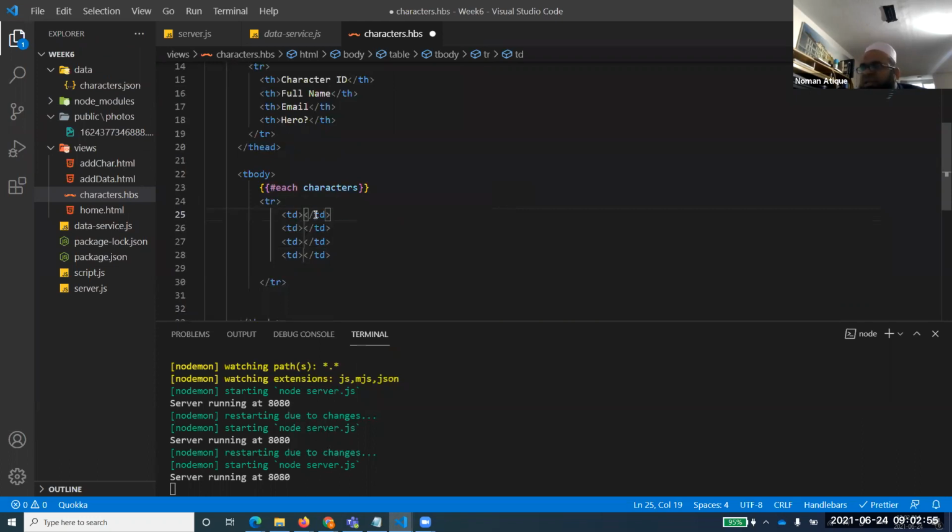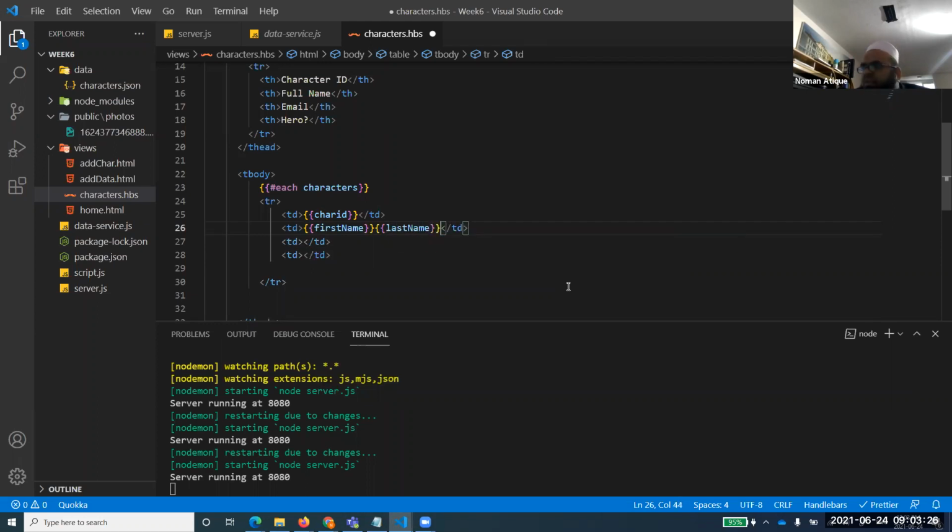Now what I want in the first TD, see here: in the first TD, I want to have charID. For every character, for each character, first of all, go and find out charID. Got everyone? Okay, and also find what? Because I'm saying full name, so I want to know first name and last name.